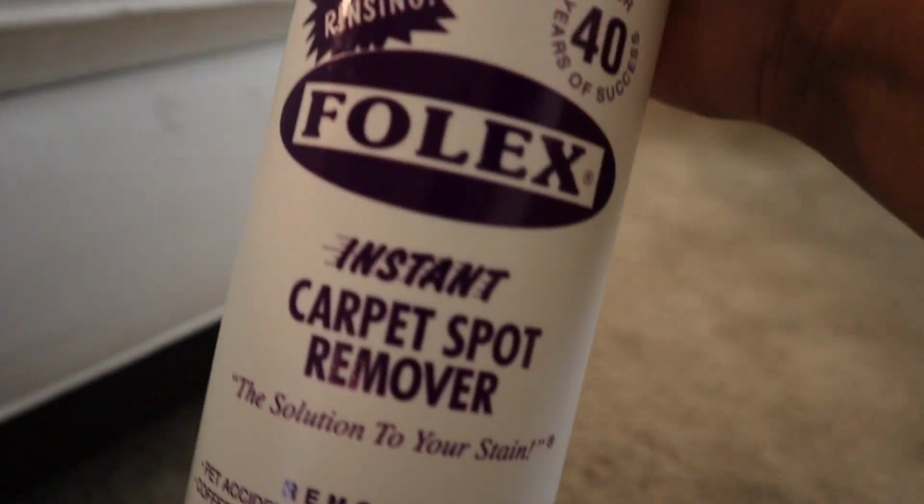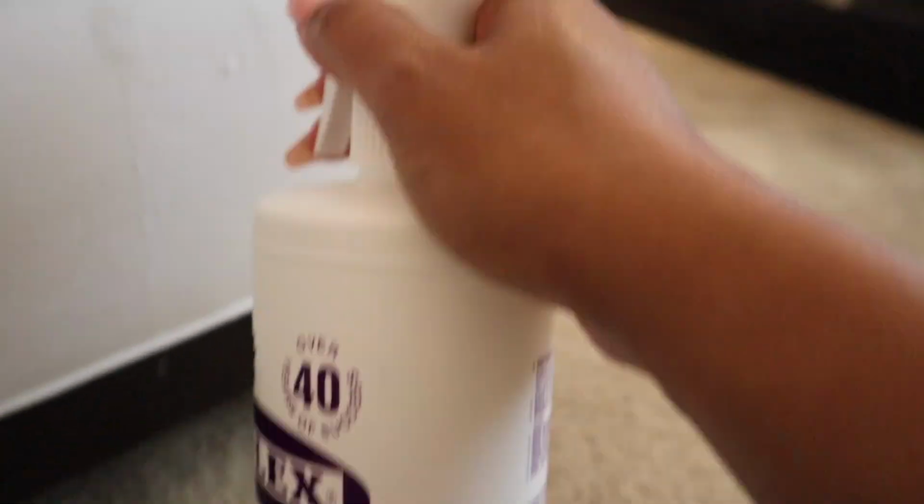Alright, so here is a little stain that I noticed. Nothing big, nothing major, but of course, like I said, with it being white, you can definitely see it. So like I said, I'm gonna use my Folex and spray a little bit on here,